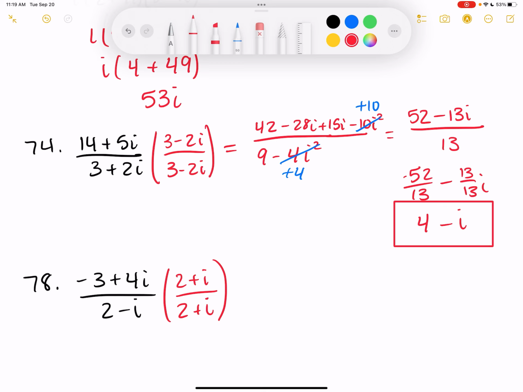Anyway, the bottom's going to be 4 minus i squared. And the top is going to be negative 6 plus,